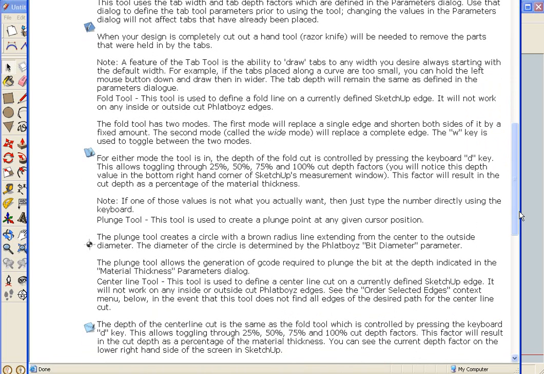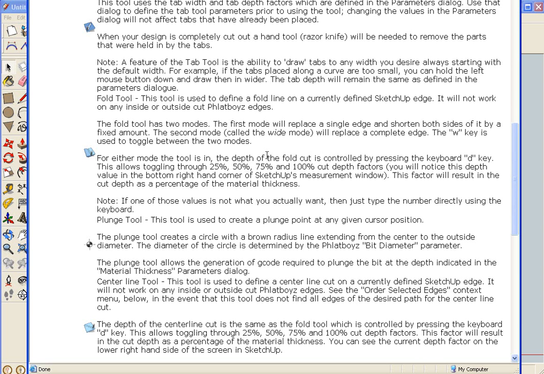And to tell you the truth, I'm not 100% sure. I mean, they're very similar. So, okay, the fold tool basically cuts in percents of your foam depth. One problem is the foam depth because of the waviness of the foam. If you put in like 0.25, it really cuts 0.35. So when you put 50% in, depending on how wavy your foam is, it might cut too deep